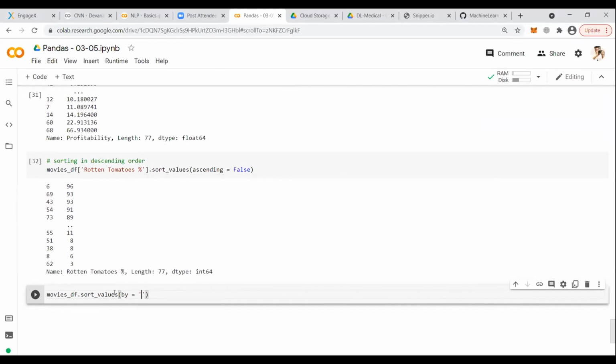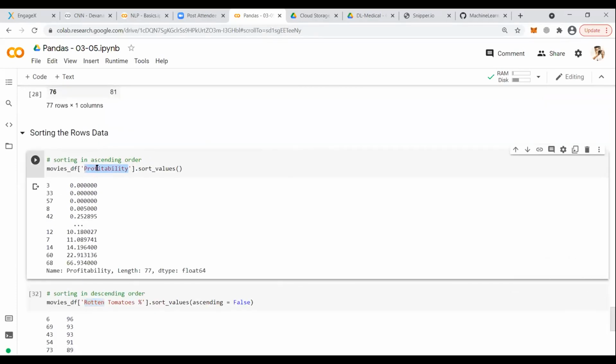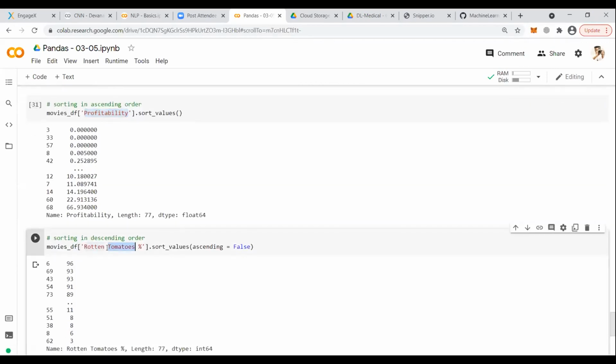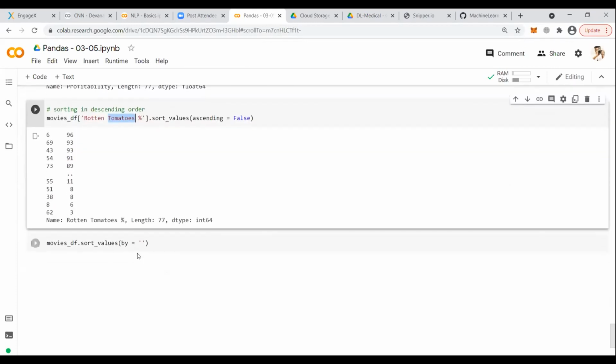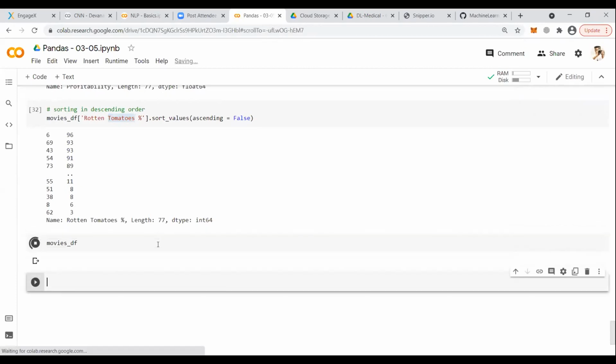Suppose you are applying it to multiple columns. The common thing between the first two examples was that I have taken one column. I have selected only one column. But when you have multiple columns, like the entire data set I have taken, pay attention.